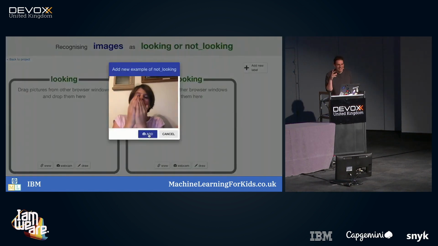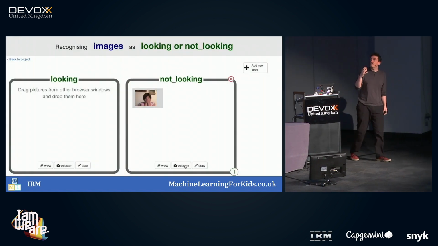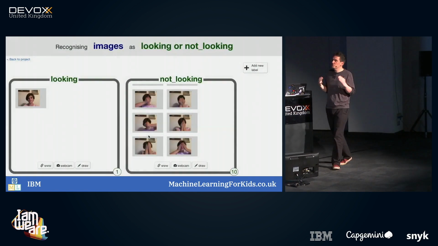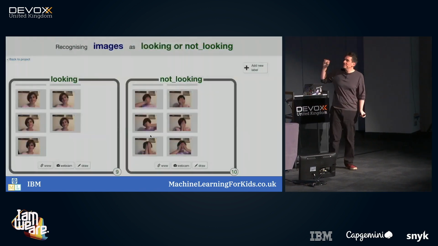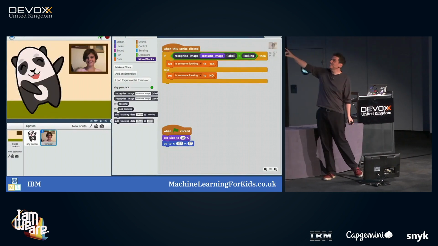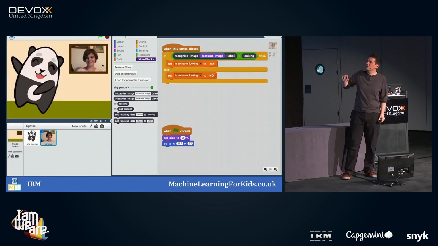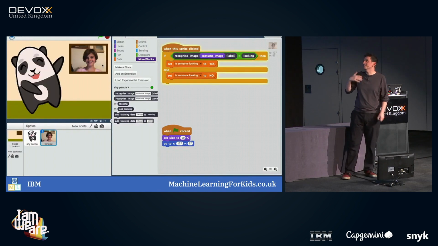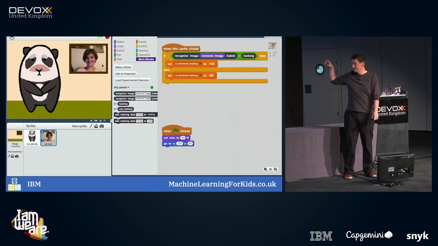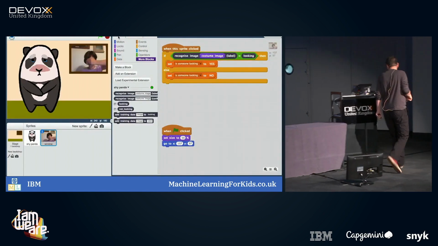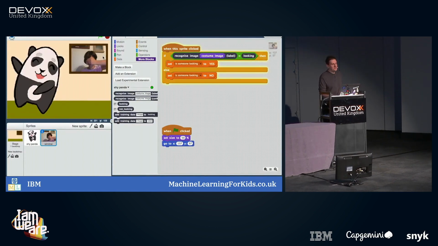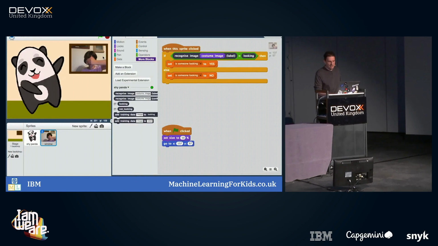This one is, again, an image classifier, so using that webcam way of collecting training images. So 2 different types of image, one where they're not looking at the webcam, one where they are looking at the webcam. And then what we did was make a shy panda. So every time you look at the webcam, it gets shy and it stops dancing. That was sort of the premise of it. So the idea is it sees her looking, it stops dancing. When she looks away, it starts dancing again. Very silly and contrived, but a chance to start to get familiar with what an image classifier can do.